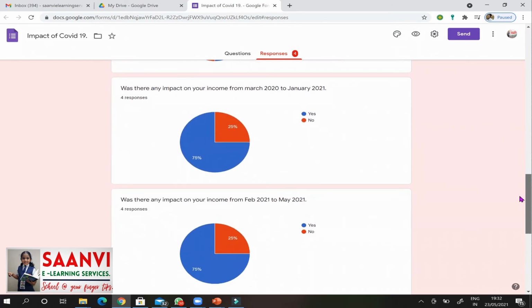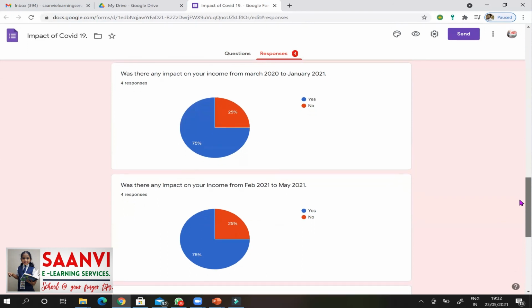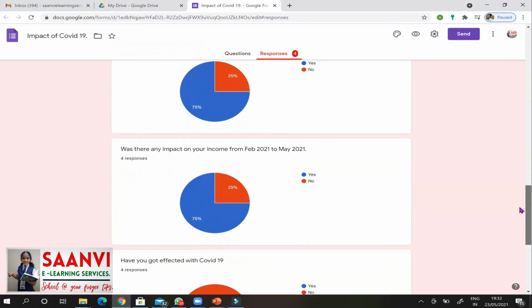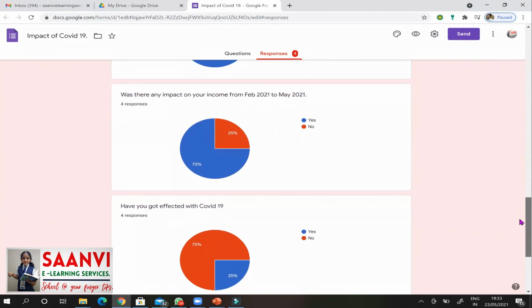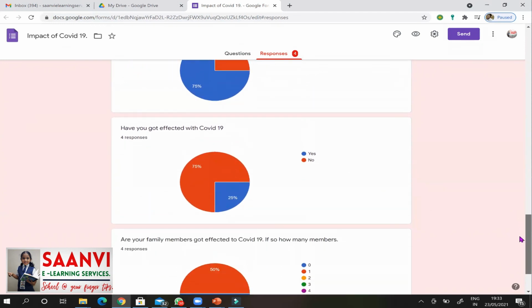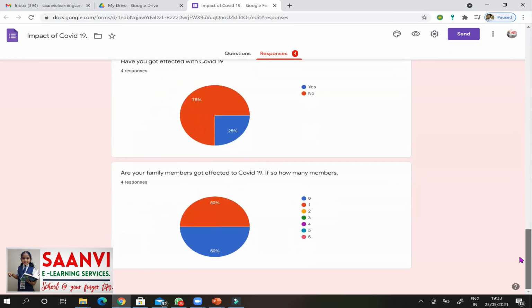Impact, almost 75% of people had got impacted, affected. Only 25% of people who had responded have got affected with COVID. But 50% of their family members of who have attended the survey have got affected with COVID.